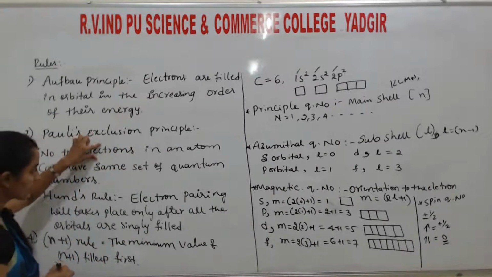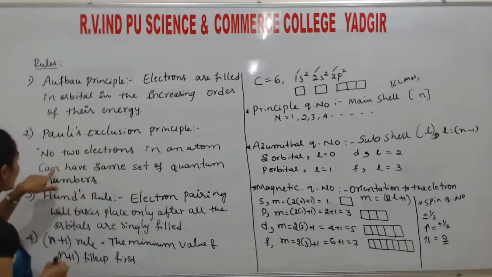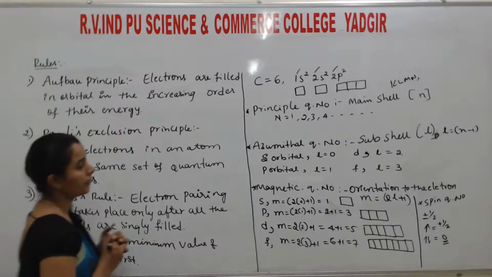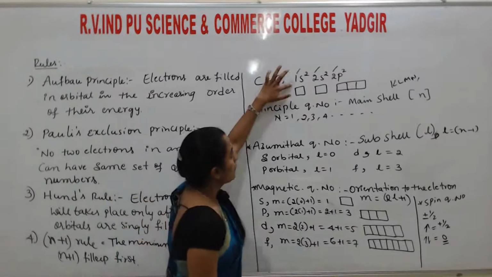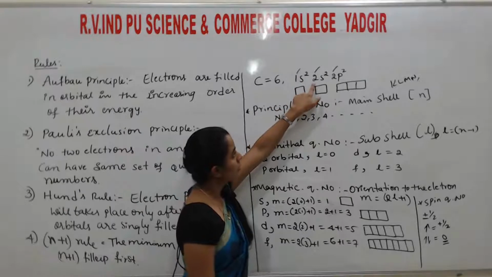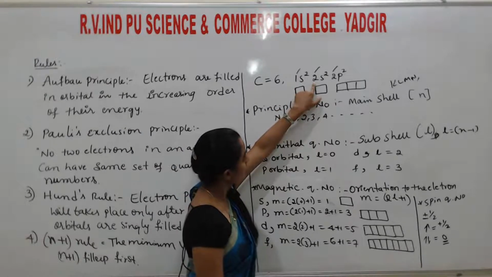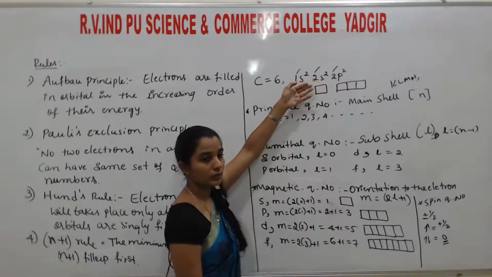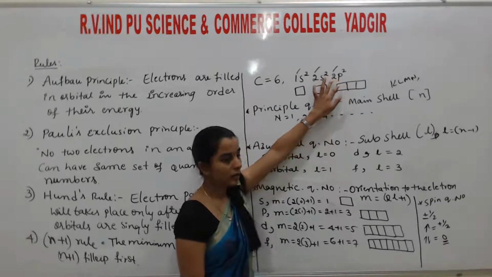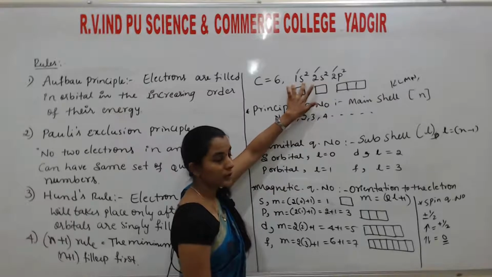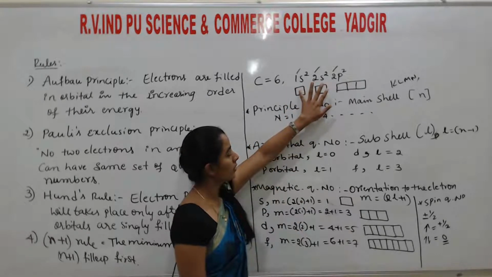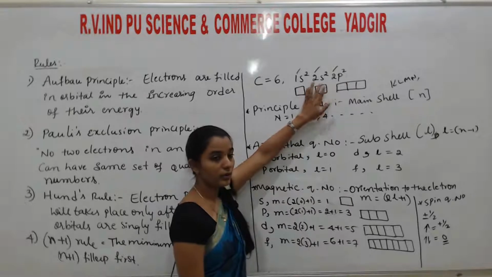No two electrons in an atom can have the same set of four quantum numbers. For example, here n value is 1, l value is 0. Here n value is 2, l value is 0. Here n value is 2, l value is 1. So here only the principal quantum number and the azimuthal quantum number vary. They have different